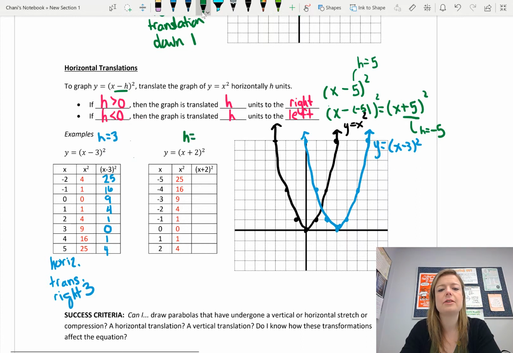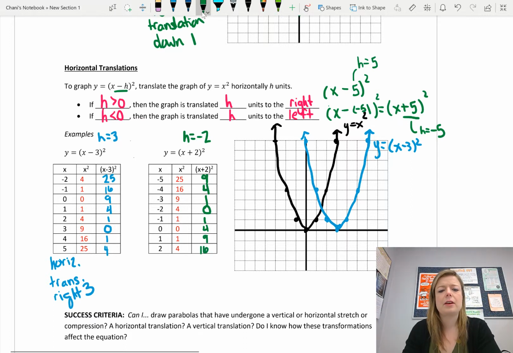So in this case, h is equal to negative 2. Okay, so negative 5 plus 2. Negative 5 plus 2 is negative 3, and that squared is 9. Negative 4 plus 2 is negative 2, squared is 4. Negative 3 plus 2 is negative 1, squared is 1. Negative 2 plus 2 is 0, squared is 0. Negative 1 plus 2 is 1, squared is 1. 4, 9,